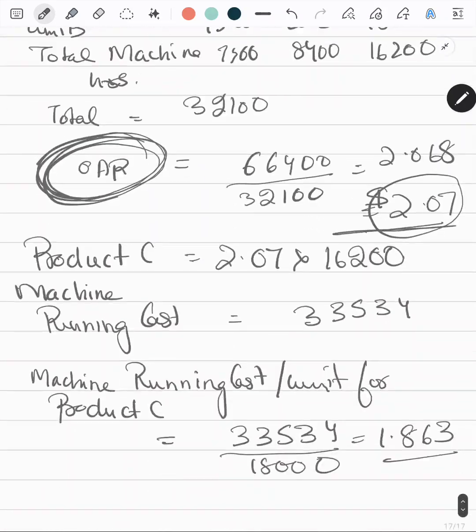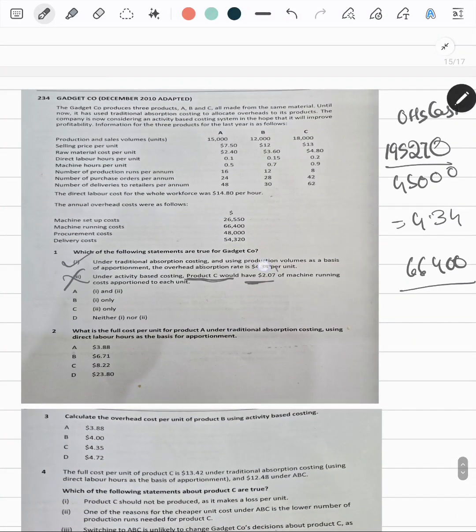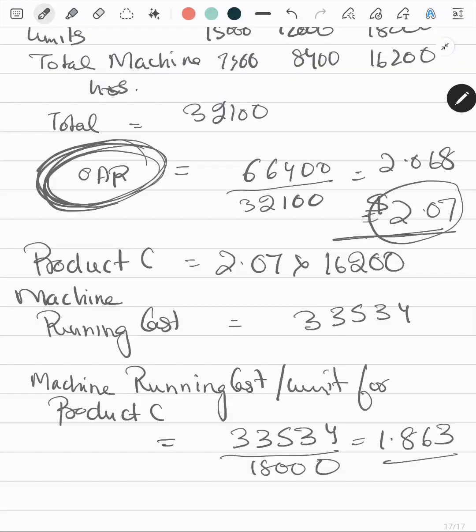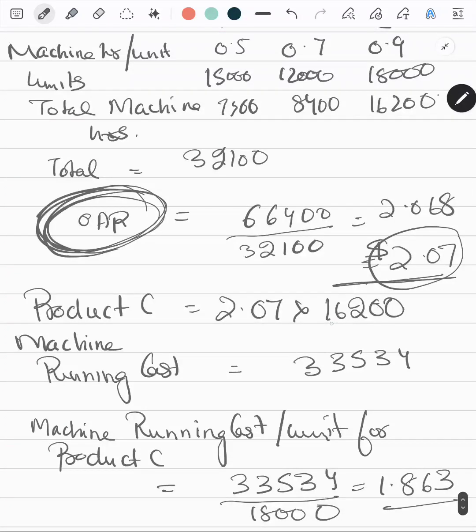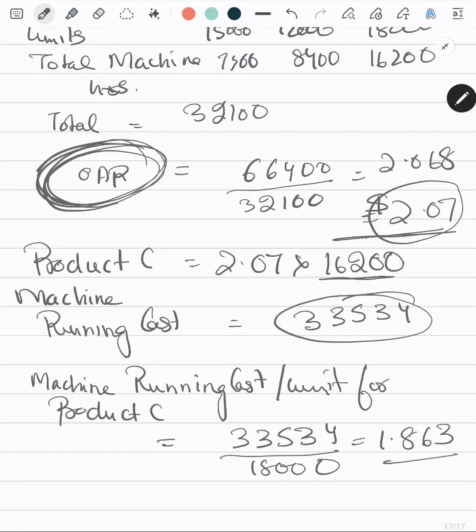See, this is how the questions are quite tempting, and then we can make a lot of careless mistakes. Over here I have calculated 2.07, which is not the machine running cost per unit for product C. It is the overhead absorption rate for the machine running cost for all the products A, B and C. And if we need to calculate the machine running cost per unit for product C, what will I do? I will multiply 2.07 into the total machine hours which have been taken by product C,